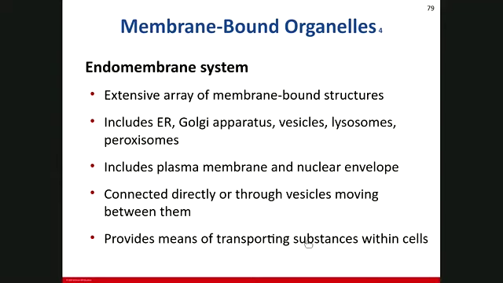We have some endomembrane system in our cell. These endomembrane systems are an extensive array of membrane-bound structures, including endoplasmic reticulum, Golgi apparatus, vesicles, lysosomes, and peroxisomes. They include the plasma membrane and nuclear envelope. They start from the nuclear envelope and continue to the plasma membrane. They are connected directly or through vesicles which move between them, and they provide a means of transporting substances within the